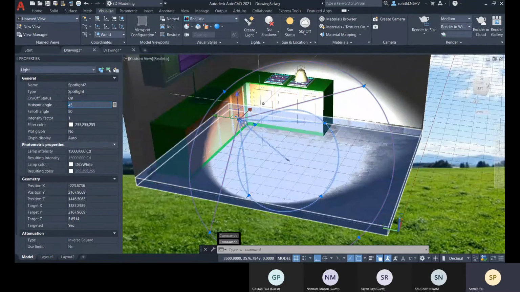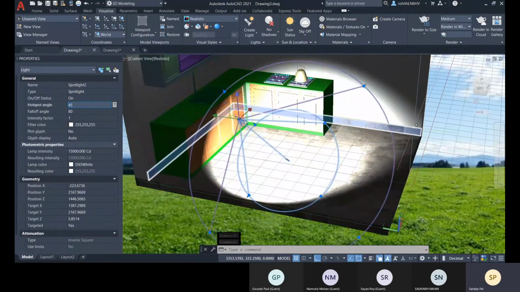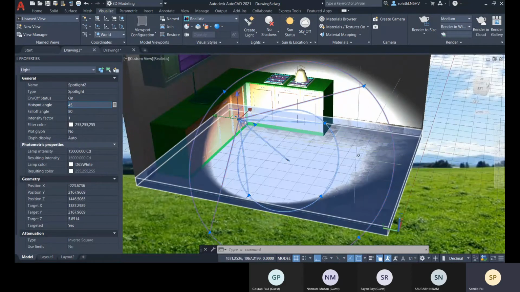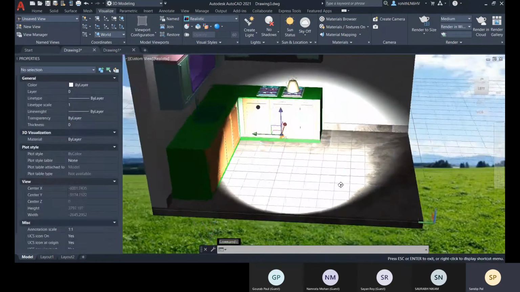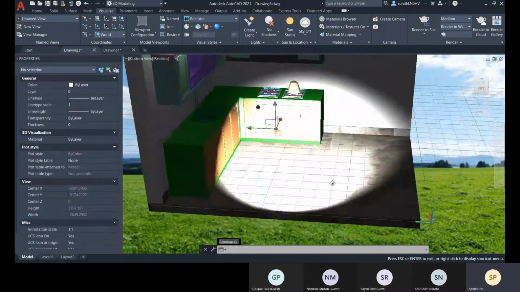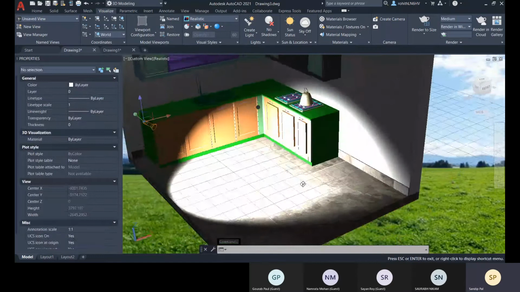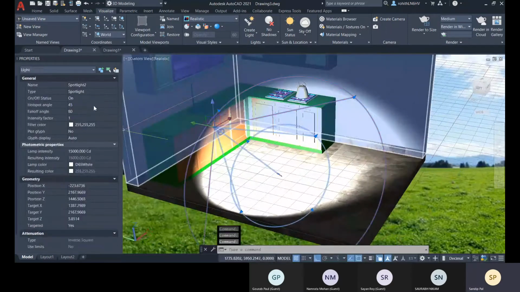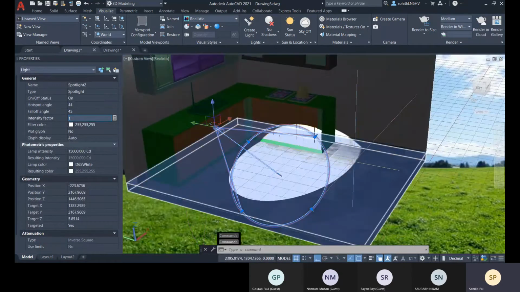Here you see this is the most intense, and up to this is the falloff area. If you want to create a line-like effect, then you match the hotspot angle and falloff angle.